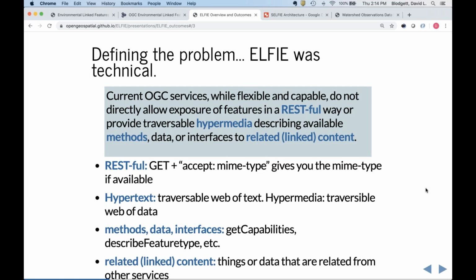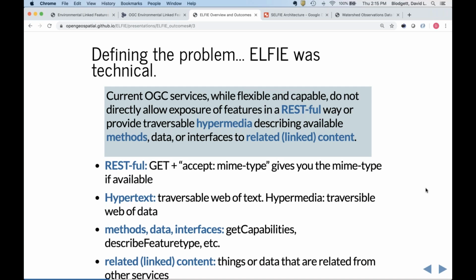essentially making the point that the expectations of the web around ostensibly REST, or GET with an accept header maybe, are not necessarily the way OGC services work. They do a lot of back and forth with posting of XML and various technologies that are not super familiar to typical web developers. They don't necessarily support hypertext and hypermedia the way a REST pattern tends to, where you go to an API endpoint and you get back some JSON that tells you what's available at that endpoint.